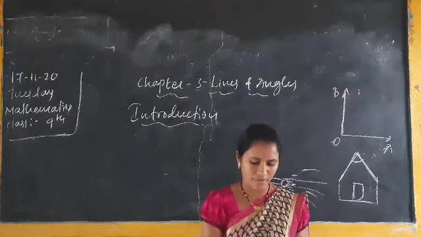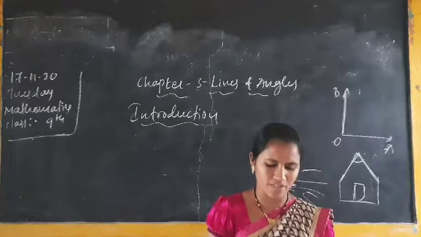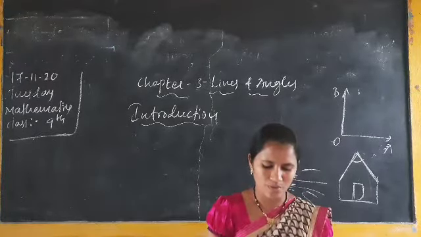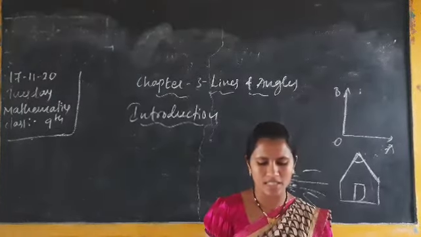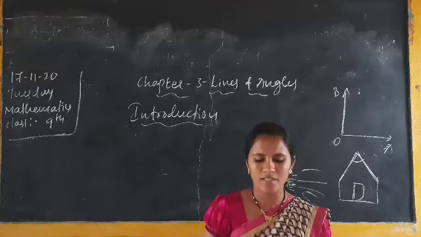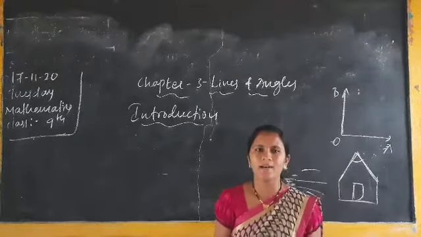You have to find whether the lines are parallel or they intersect each other. To find the height of a tower or to find out the distance of a ship from the lighthouse, one needs to know the angles formed between the horizontal or the line of sight. Like that, they have given some examples of lines and angles.